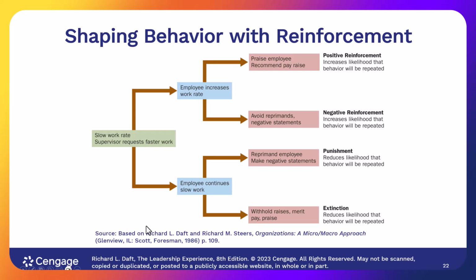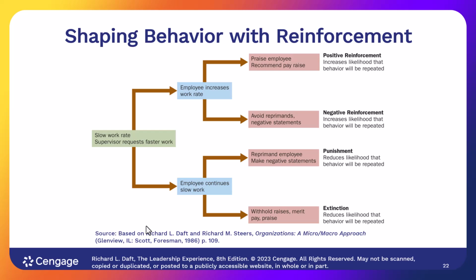Shaping behavior with reinforcement. So when we look at this, we basically have a slow work rate. Supervisor requests faster work. So if we go to the top, employee increases work. Praise employees, recommend pay raise. Positive reinforcement increases likelihood that behavior will be repeated. Come right below that, avoid reprimands and negative statements. Negative reinforcement increases the likelihood that the behavior will be repeated. So again, positive reinforcement when they do something good, and stay away from the negative reinforcement because those usually